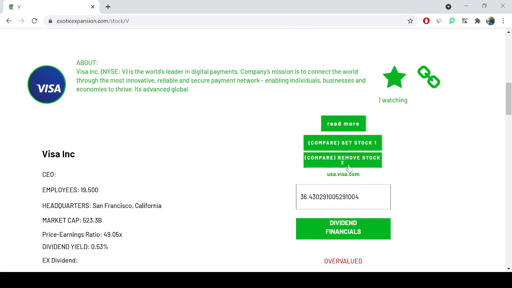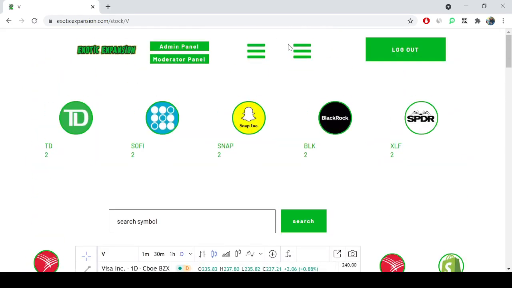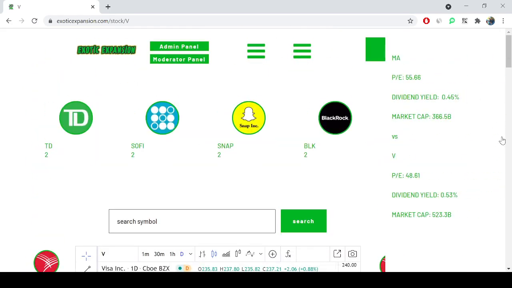Once we've set both of them, you're able to go up to the top and hit this. So this actually compares the two. As you can see, currently Visa looks like a better value than MasterCard, which it was actually the vice versa a little bit before the pandemic, before the market really hit an all-time high. You can tell since they have a lower PE, Visa is actually better than MasterCard. It's less overvalued. So even though it has a bigger market cap, it actually has a lower price over earnings